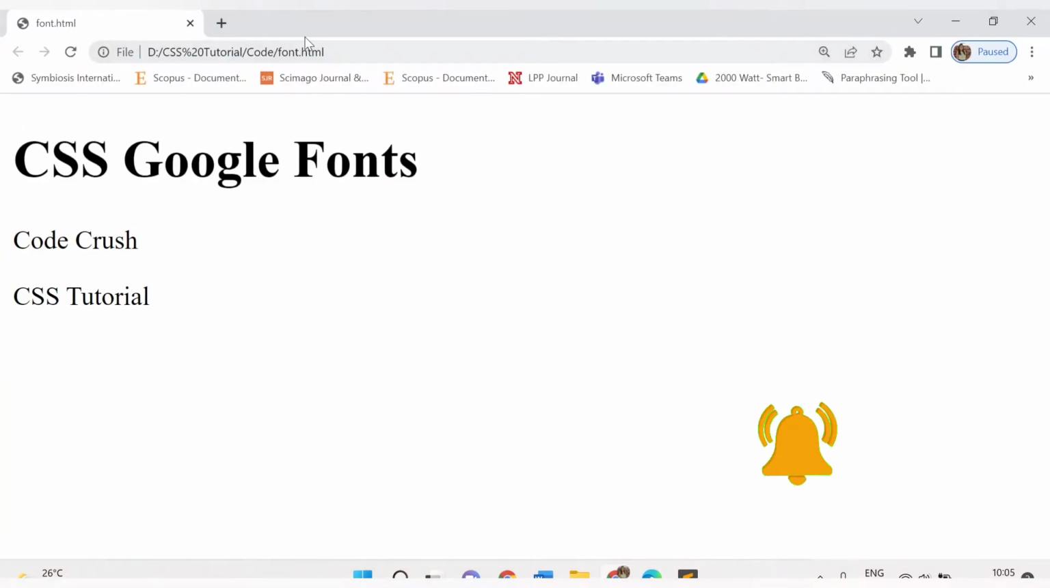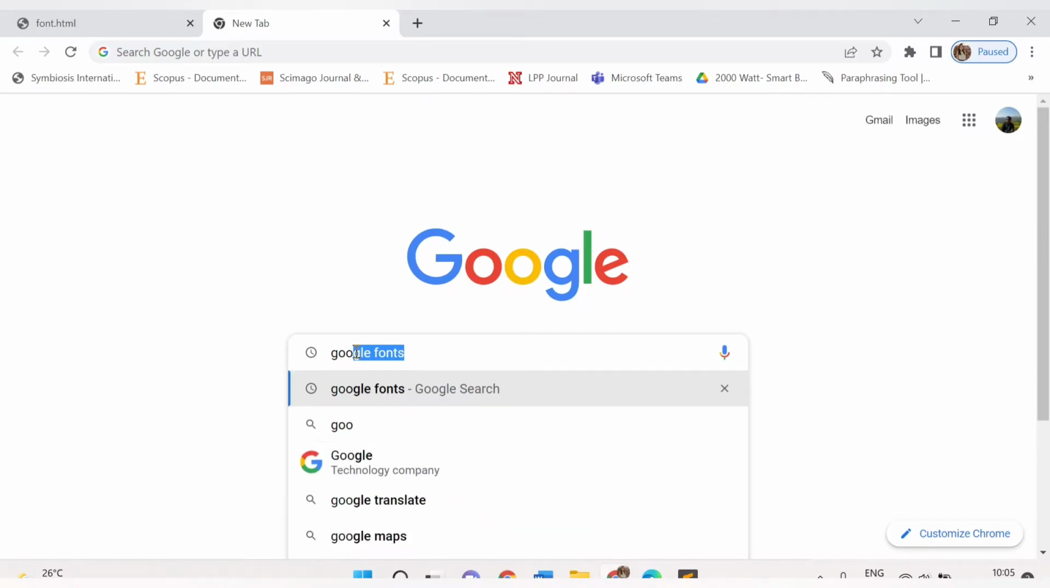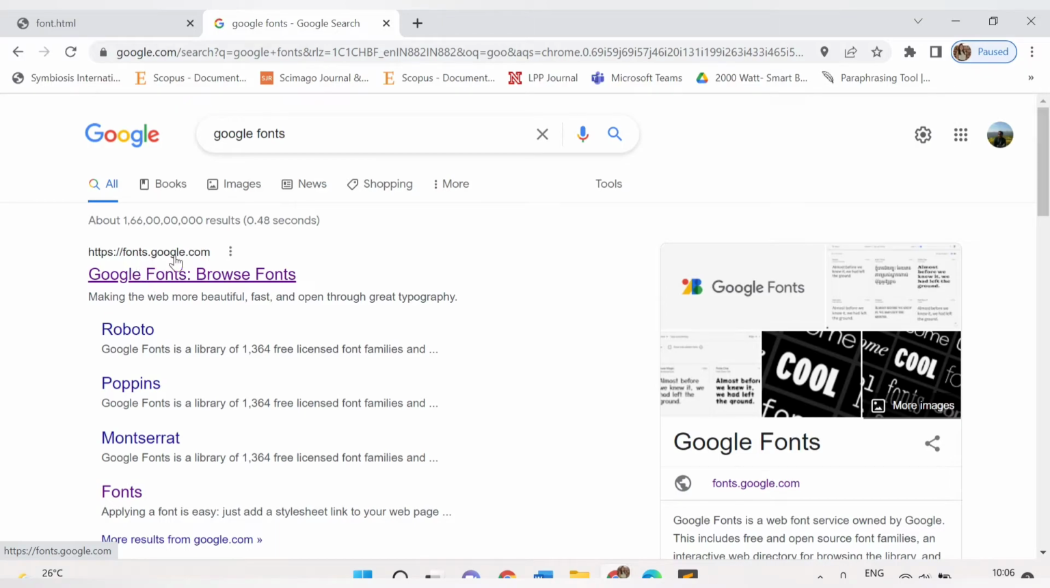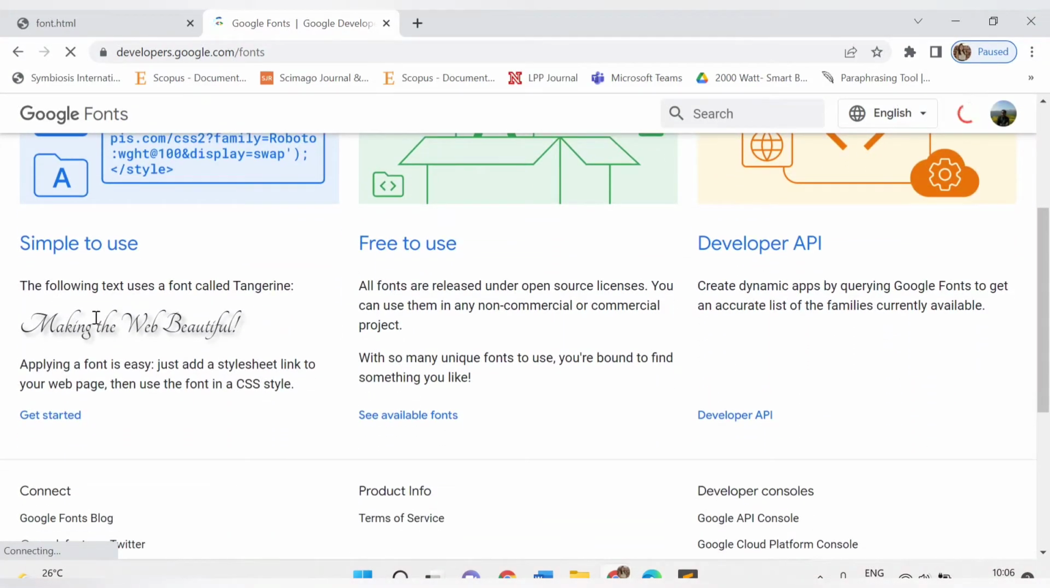First you need to go to Google. I will search here for Google fonts. Here you will get this website, fonts.google.com. I will click on fonts. Once you get inside these fonts, you will be able to see multiple fonts available. Currently I am seeing this on my web page, which is Tangerine. If I click here on get started,